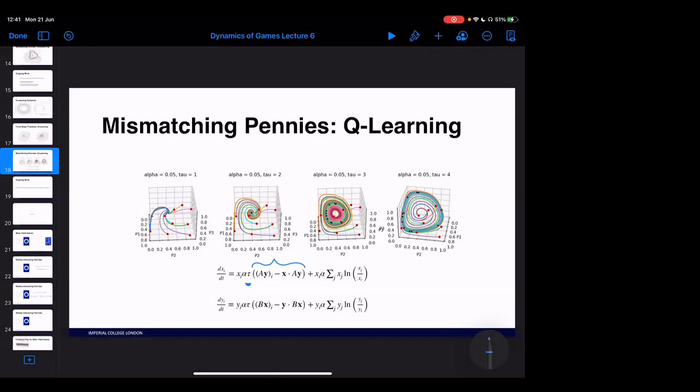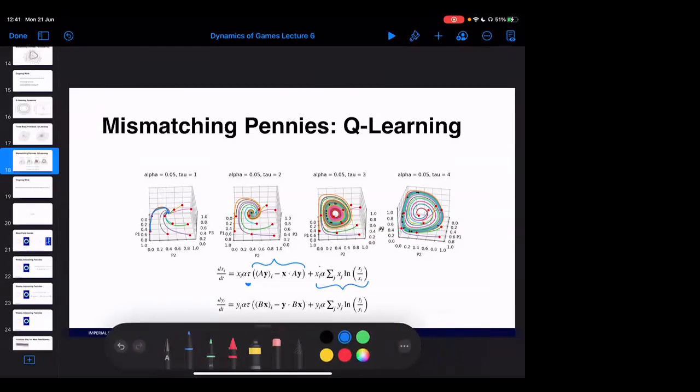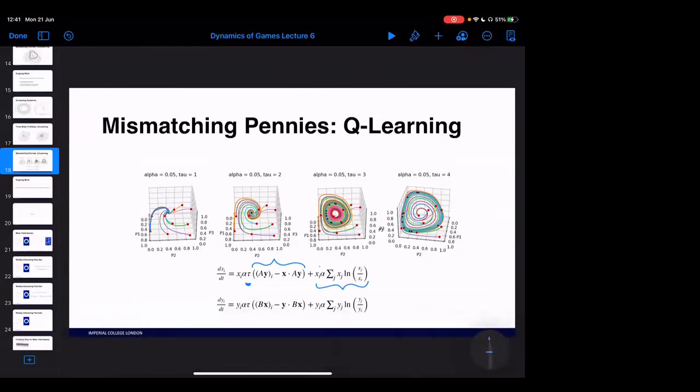And eventually this replicator part is going to end up dominating over the entropic term, right? So as you increase tau, you're getting more and more replicator-like, so to speak. And so as you increase your value, you end up seeing that you converge to this limit cycle instead of a fixed point in the same way that replicator does. And as you keep increasing it, you'll eventually get to the same limit cycle that replicator showed earlier.